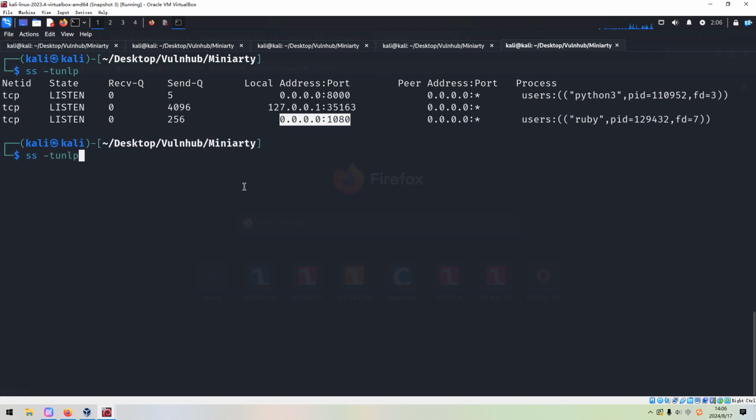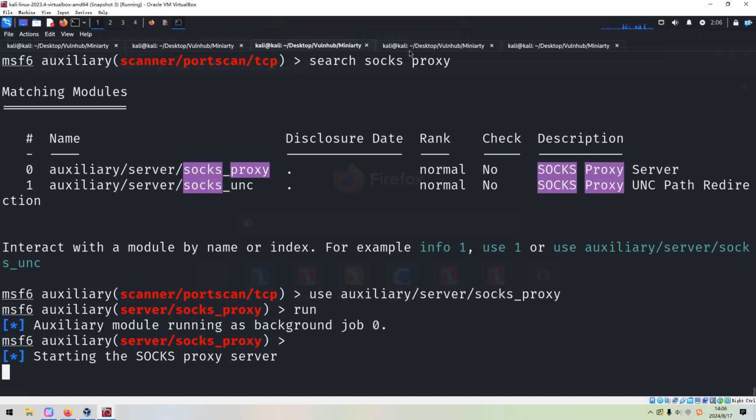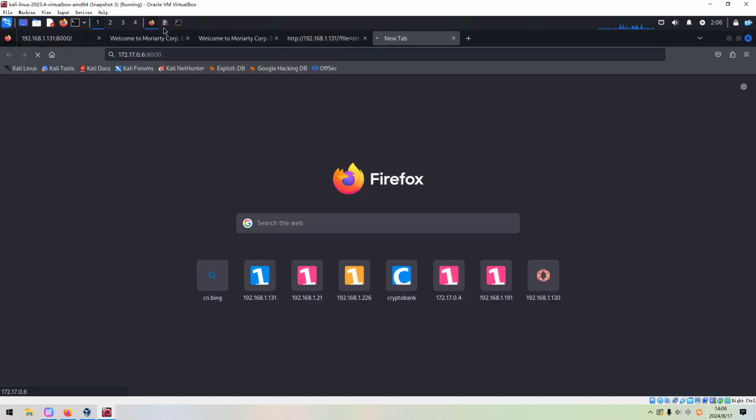So our SOCKS proxy is still running. So how to do? Maybe I must restart Metasploit again. So see you there.